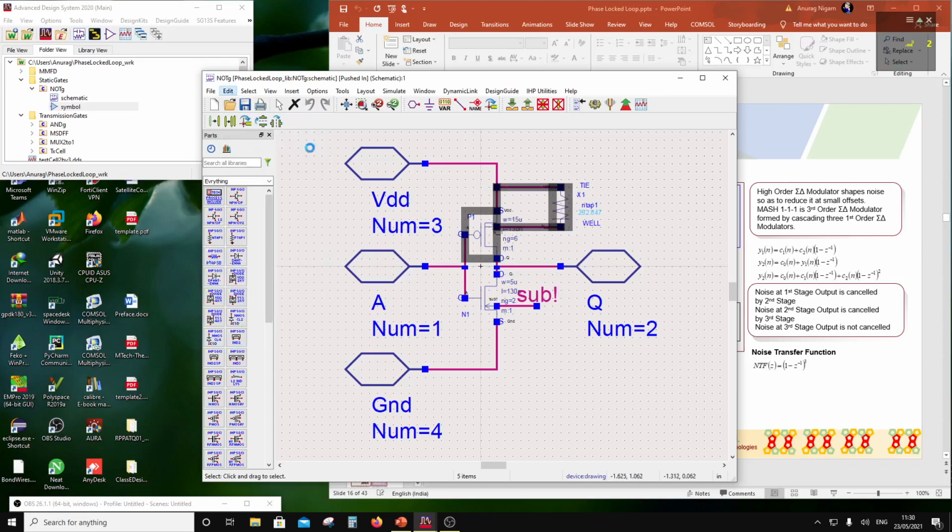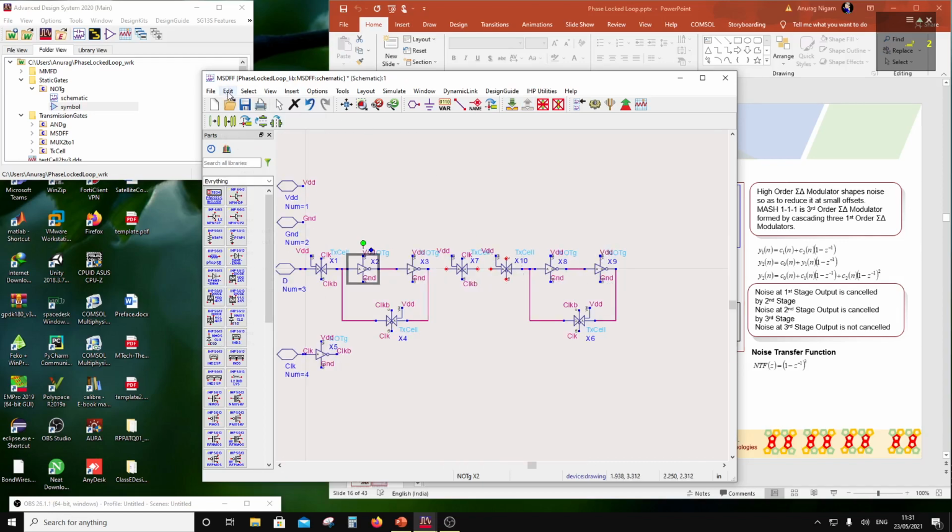So I'm going to say edit copy, and then I'm going to say edit paste over here, and I want to pull up this node with the reset, right? So when this goes low, right, when this goes low, then this path is disrupted,